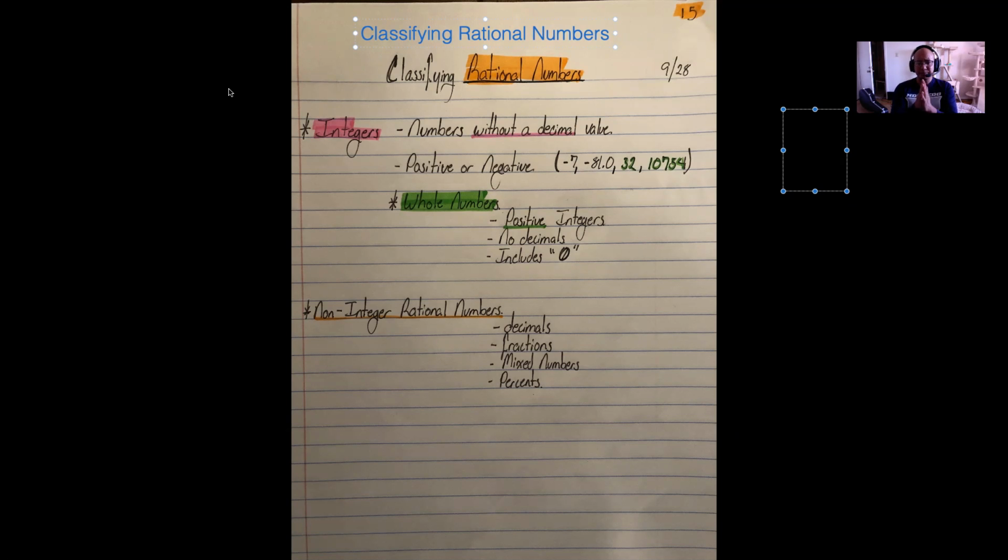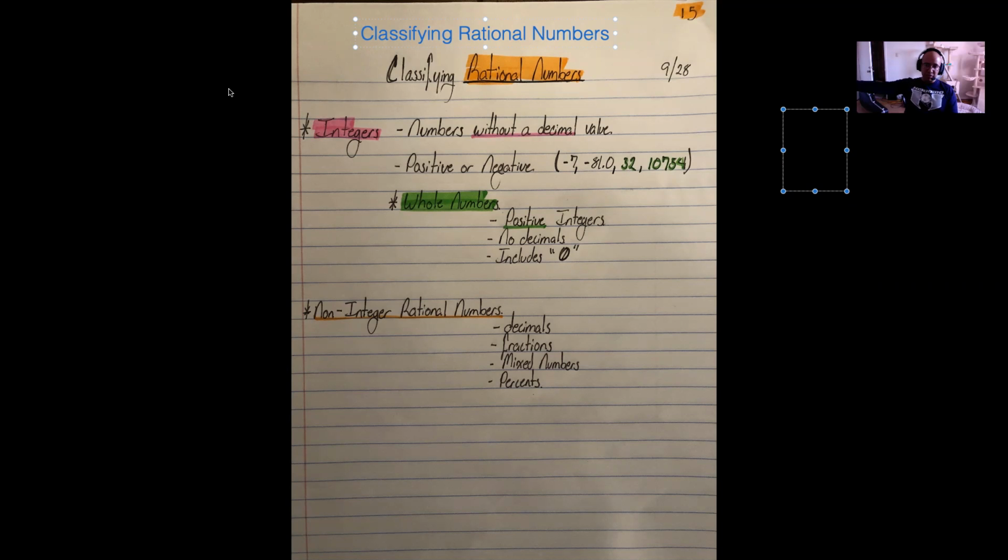Now, as we begin, I want you to remember that every single number that we're going to cover in this specific lesson is a rational number. Now, we're going to classify those rational numbers, in other words, categorize them or put them into different categories. But regardless, all of the numbers and all the different types of numbers that we're going to be talking about are rational numbers. In fact, most of the numbers that you have used since you were in elementary school